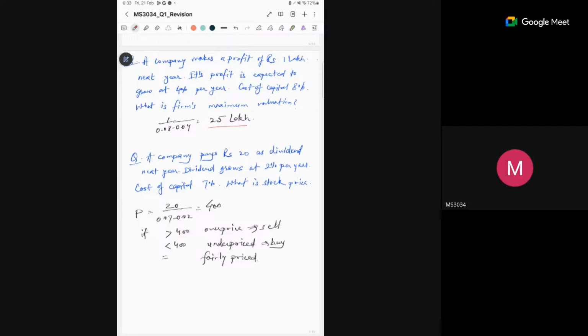At the same time, let's take an example of stock valuation. It can be any company, maybe Reliance Industries. It is paying rupees 20 in the form of dividends from next year, and the investors assume that this dividend is going to grow at 2% per year, and the cost of capital, or the rate of return, is 7% in the market. Then what is the stock price according to the investor who is assuming this? He would price that to be